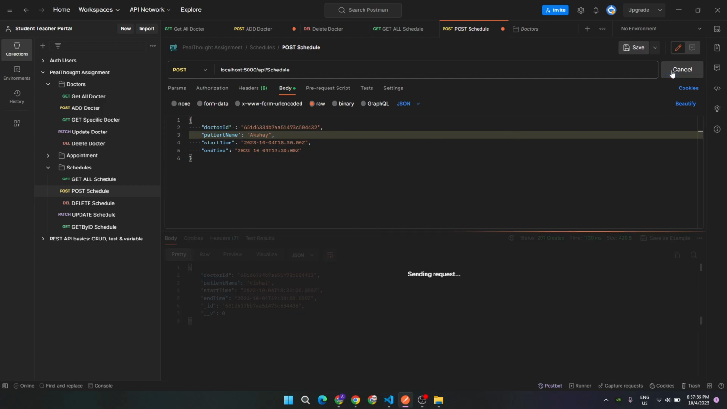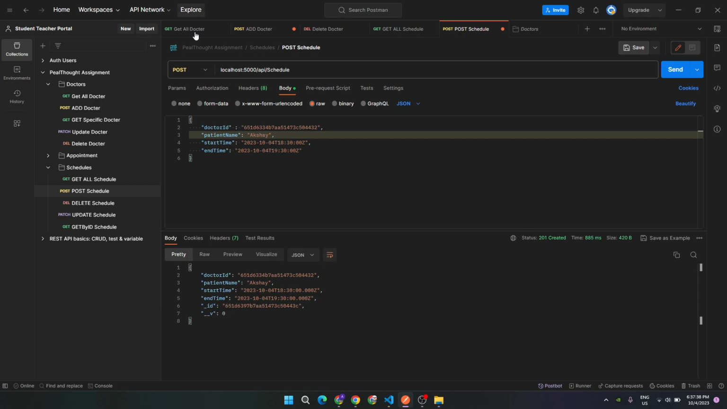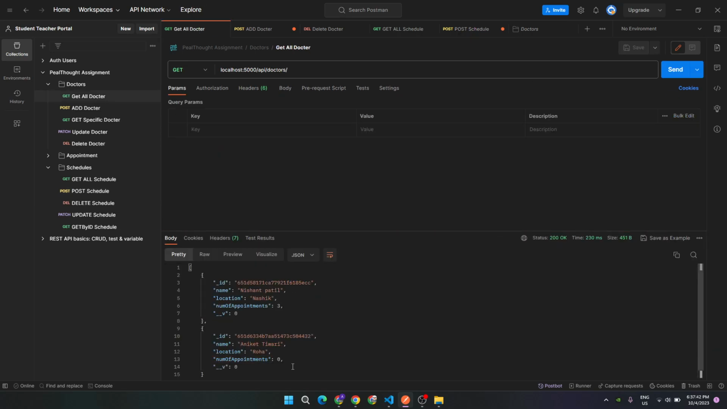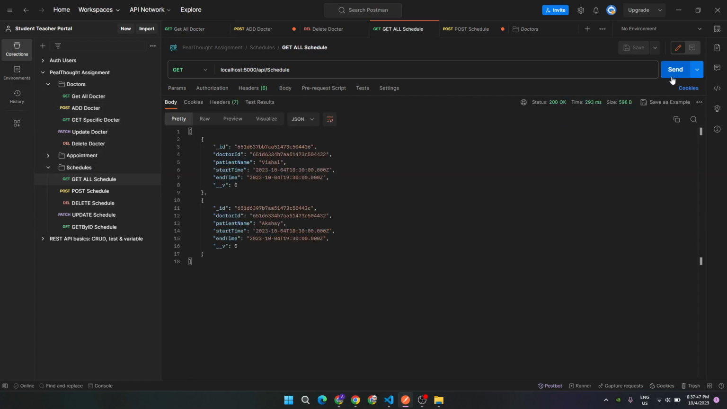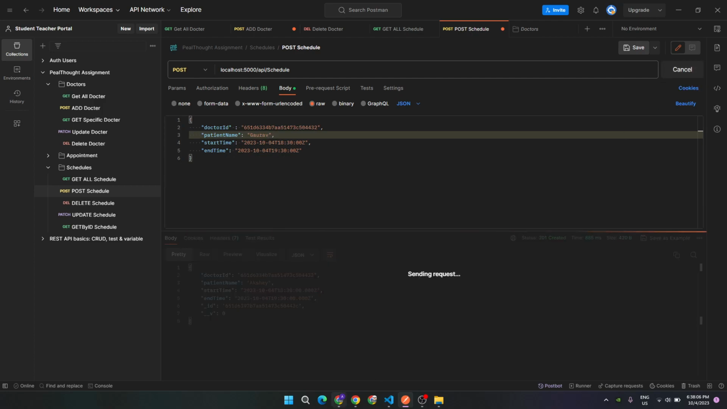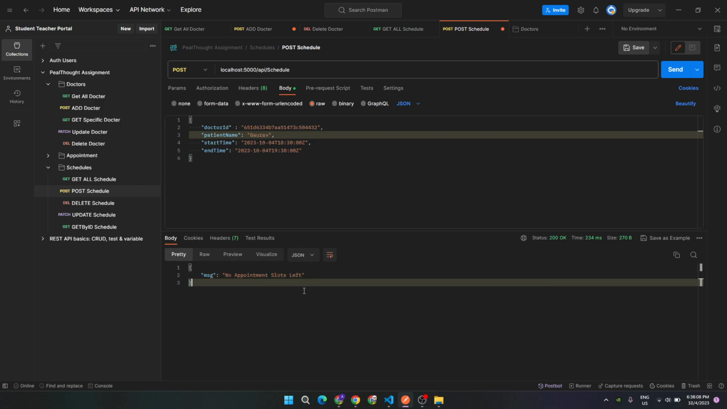If we send the request, Akshay is also added to the list. We can see that the number of appointments for Aniket is decreased, and we can see all the schedules in which Aniket Tiwari is added, and Vishal and Akshay are the two patients. Suppose we try to add another appointment for Gaurav, for the same doctor. Now I think it will throw an error. Yeah, it is throwing an error